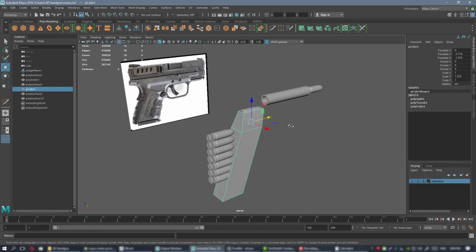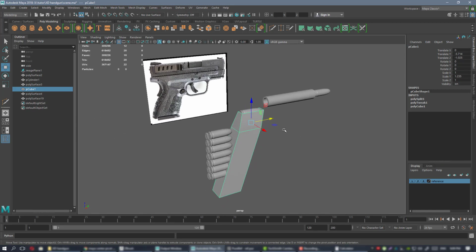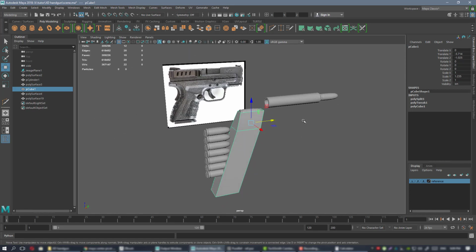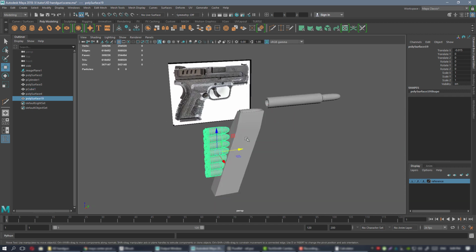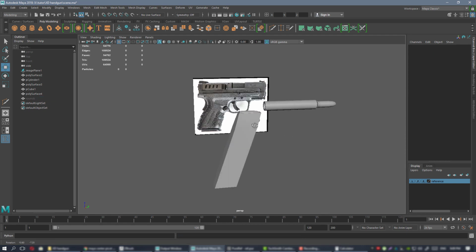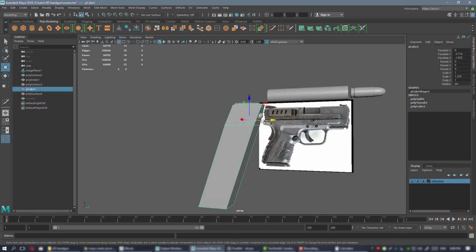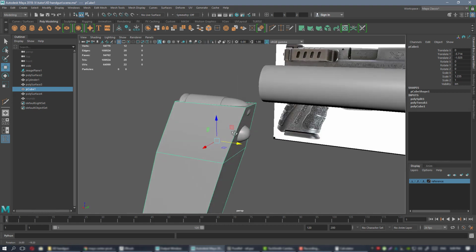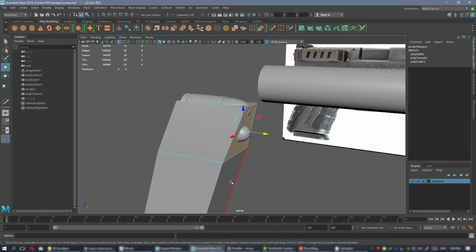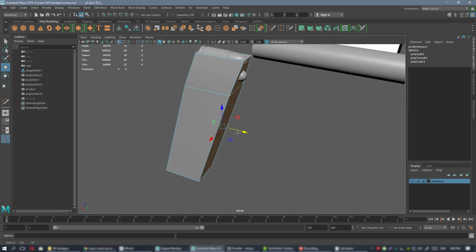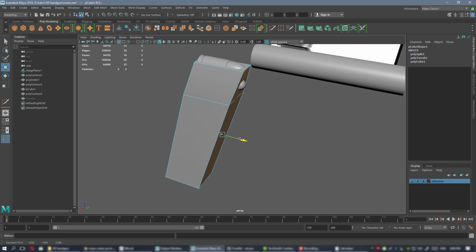So let's go with modeling our frame. All right, so let's call this rounds. Just hide this right now. Click H on my keyboard and it hides. Also, I would like to make this thing a bit longer,